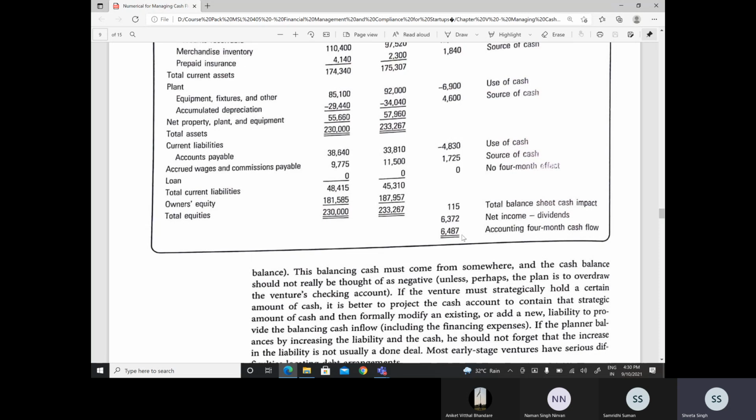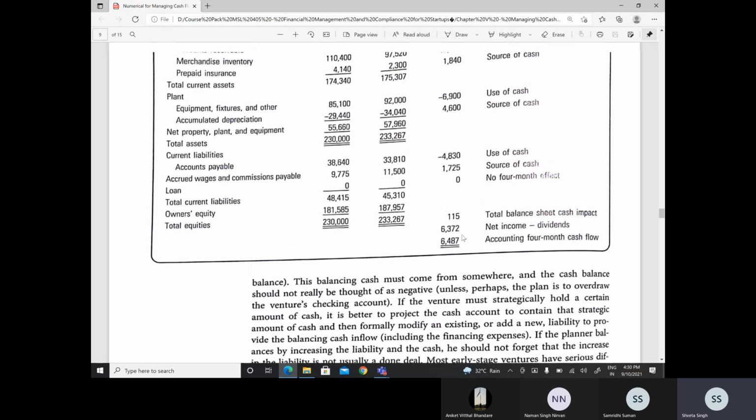Now this is a very, very shortcut way of projecting cash. Okay, and a lot of people do this. They have ready-made spreadsheets and they just use this to project what is the cash requirement that they will have. Okay,